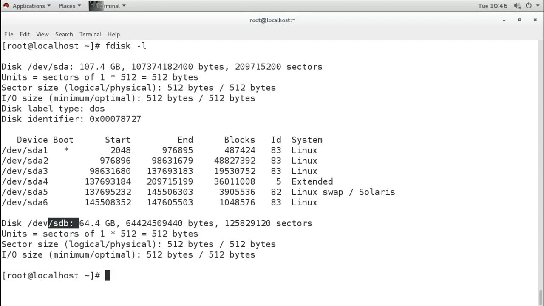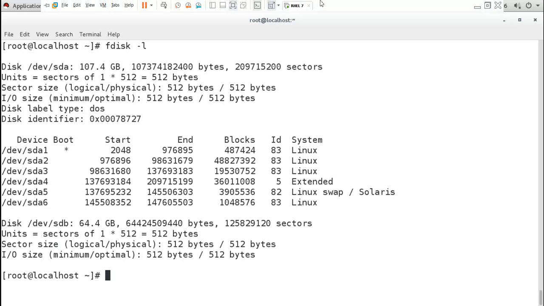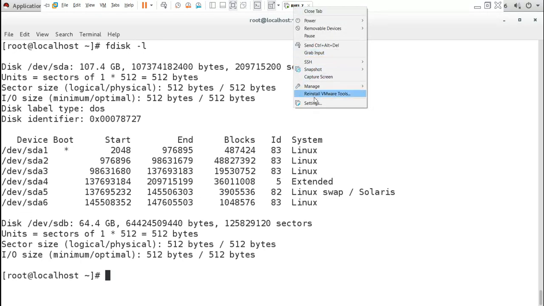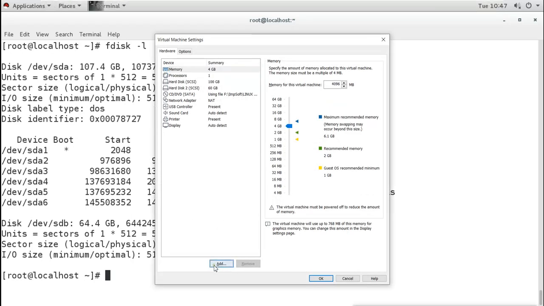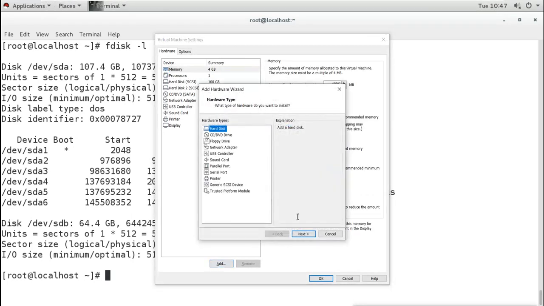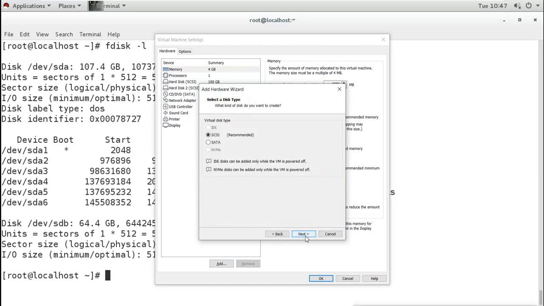So what I'm going to do now, I have this one disk, I will connect other disks to use. It is my virtual machine, so I will connect them by going into the settings. So add, disk, next, next.